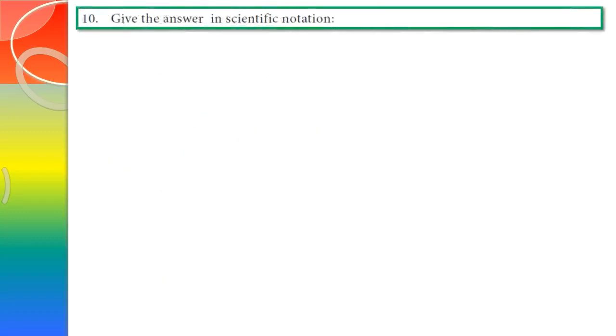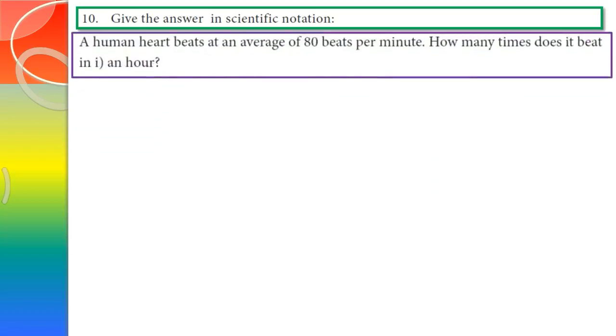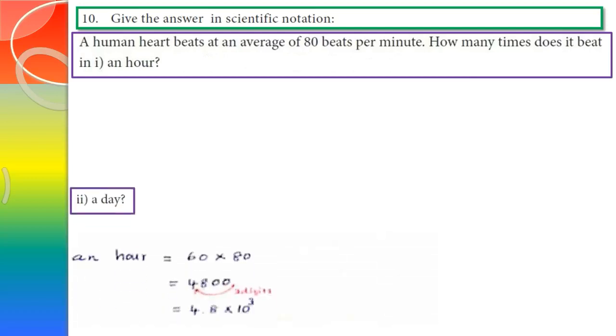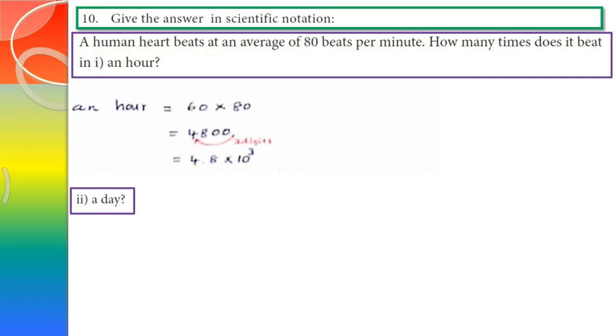Next, we go to question number 10. Give the answer in scientific notation for the following questions. First one, a human heart beats at an average of 80 beats per minute. How many times does it beat in 1 hour? Listen, 1 hour means 60 minutes. 1 hour equals 60 into 80. So 60 into 80, the answer is